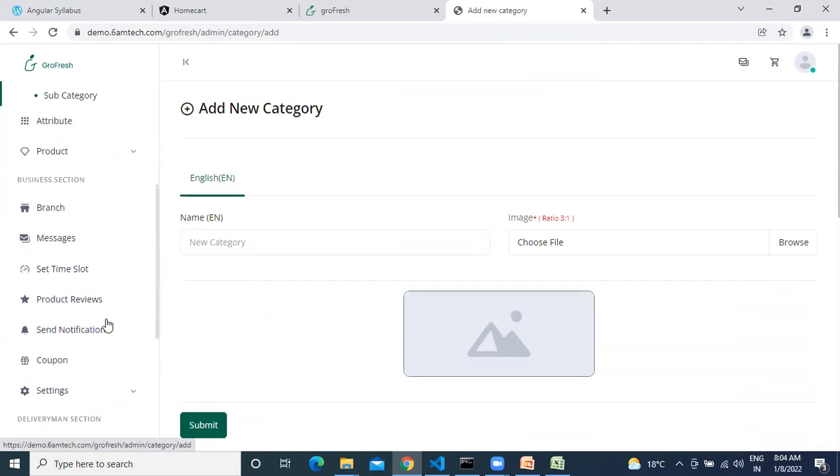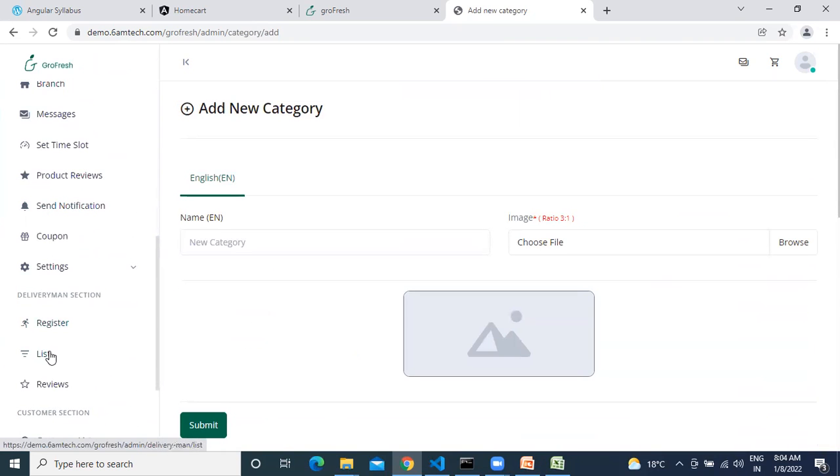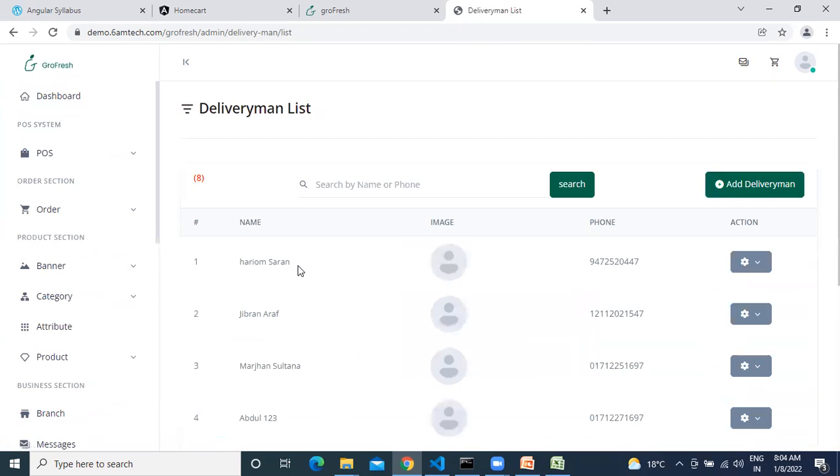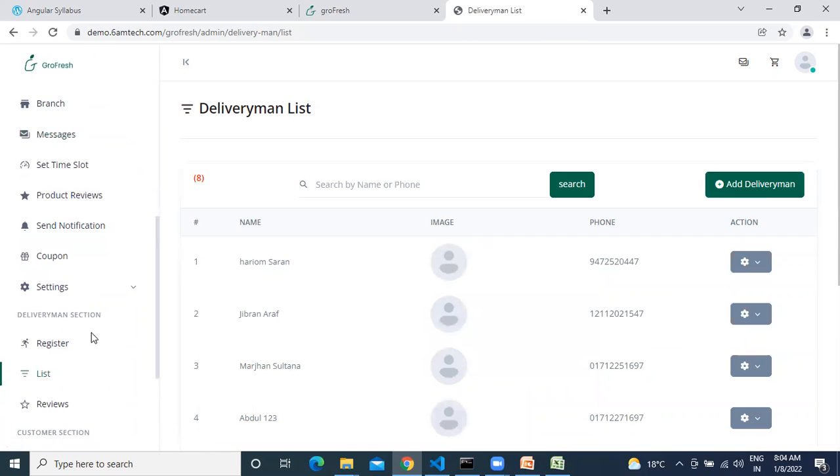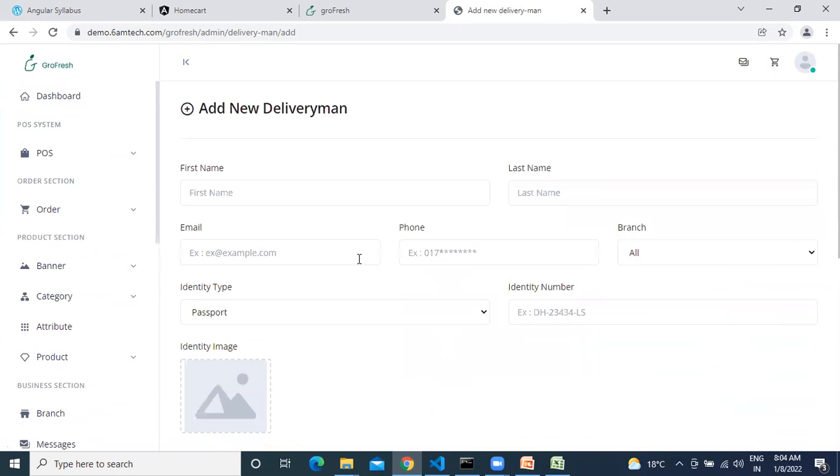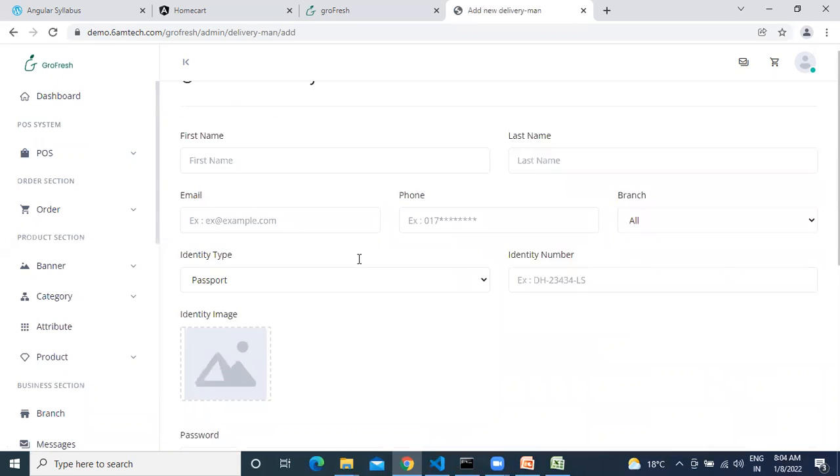Okay, this type of rich project we will develop end to end. Okay, these are the list of users. Here you add a new delivery man.